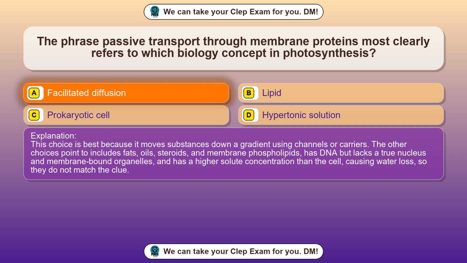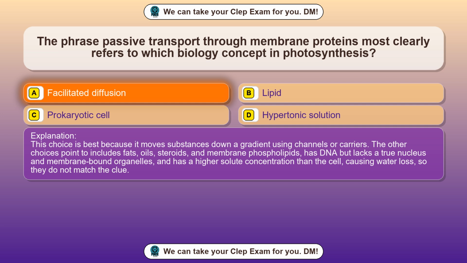This choice is best because it moves substances down a gradient using channels or carriers. The other choices point to includes fats, oils, steroids, and membrane phospholipids, has DNA but lacks a true nucleus and membrane-bound organelles, and has a higher solute concentration than the cell, causing water loss, so they do not match the